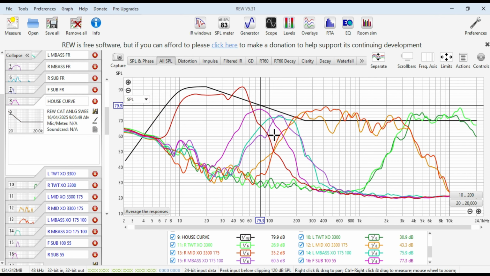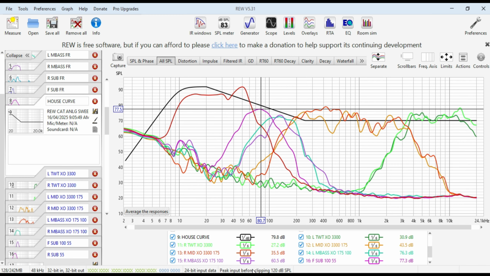There we go, and you can see that with the crossovers in, the house curve is running through the middle and then up here to meet the rear sub, but as we suspected, the front sub,